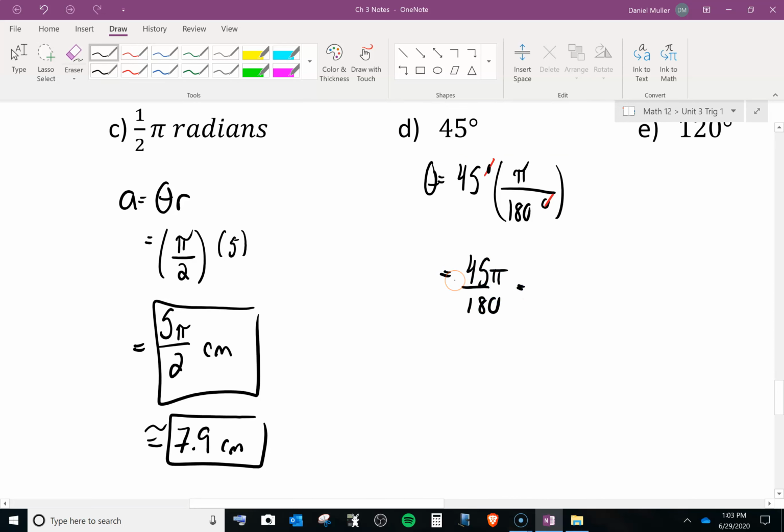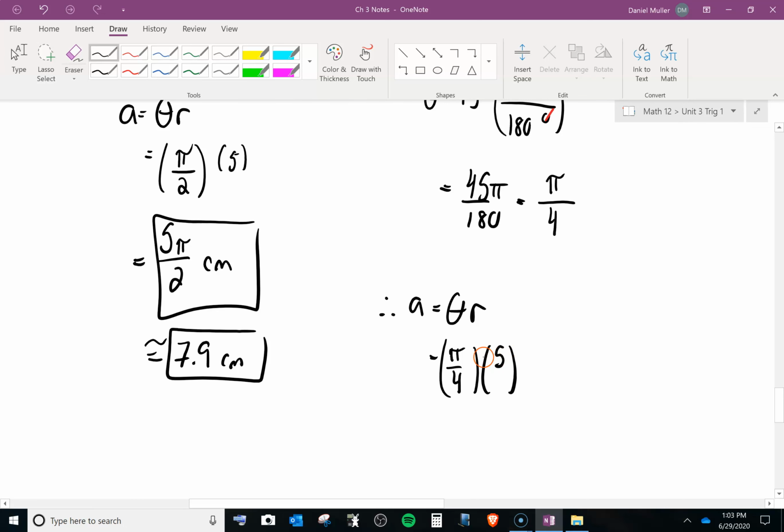And we've done this one before. Both of these can be divided by 45. So it reduces to pi, and 180 divided by 45 is 4. So therefore, if you're going to find your arc length, it's going to be theta r. Theta is pi over 4, so that's how many radians, times your radius, which is 5. And I purposely wrote that kind of smaller up above to keep the numerators together and the denominators lined up. So I get 5 pi over 4